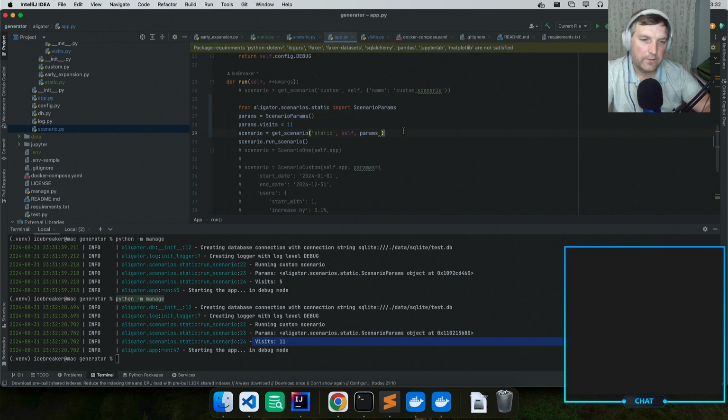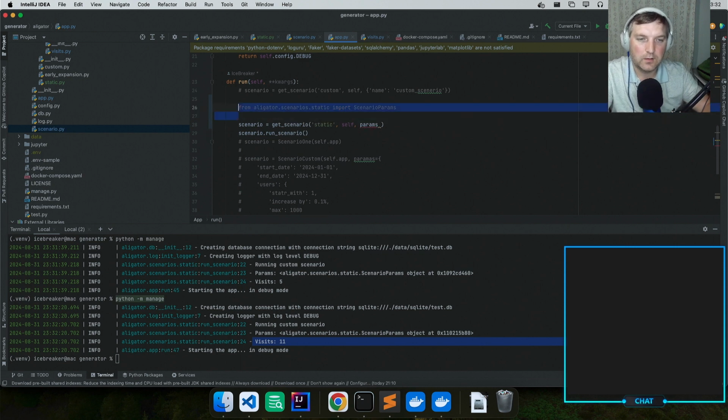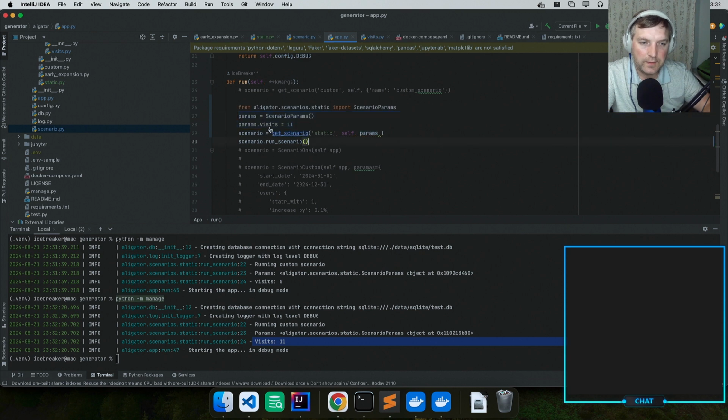Okay, I think I like this one more because this allows me to extend, basically say, okay, I can use this scenario, but I just need to extend a couple parameters or change some metrics, and I just want to see how they are running. But then I have a bigger control of what these things are doing. And then additional to all of that,